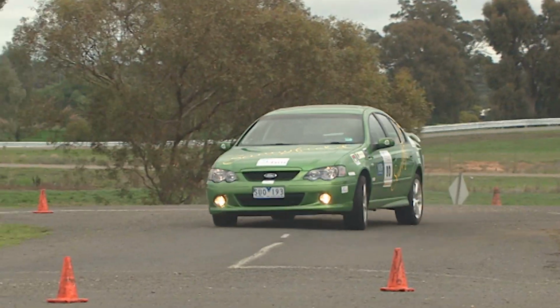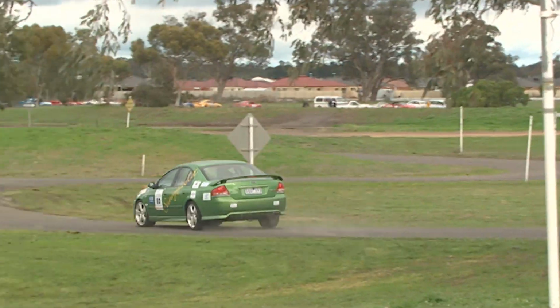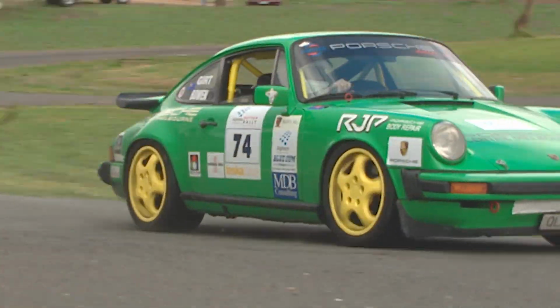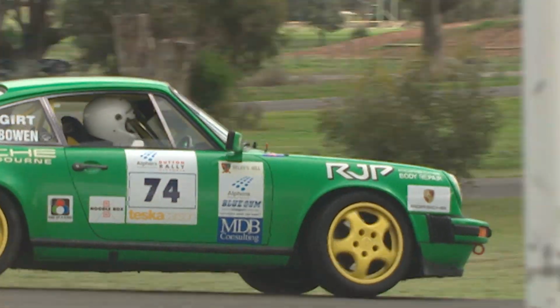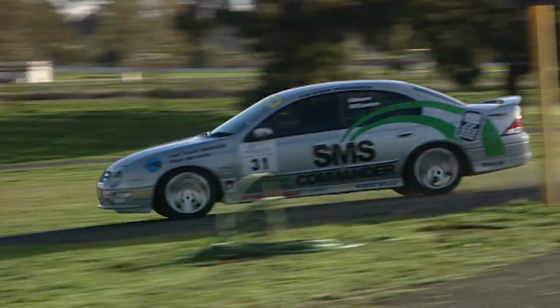This incident happened on the auto test, or what's known at Deca as the schoolyard crossing. There's a series of traffic lights and a bit of a goat track really to get around. It was a lot of fun, but you did have to be careful not to put your wheels off into the grass. Now, I got a little bit out of shape in the XR8 as we see here,